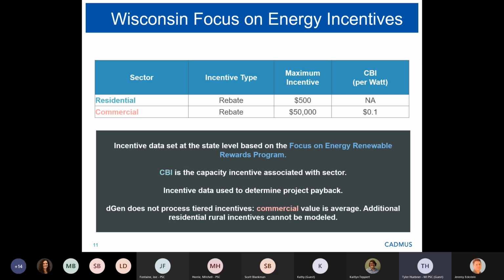I'm with the Public Service Commission for those that don't know, but so the maximum incentive, so with residential and commercial, I think those are the levels today. Is this another sort of choice? Maybe this is a question for Mitch as we look at up to 4 scenarios. Would this be another potential scenario that we would have to run, or pick? Maybe net metering's one, maybe tax credits one, maybe this is one that we could vary in an analysis to see what the change would be should the incentive